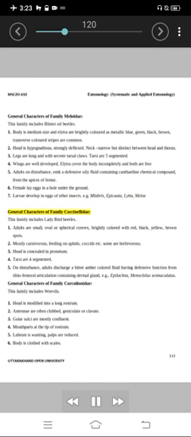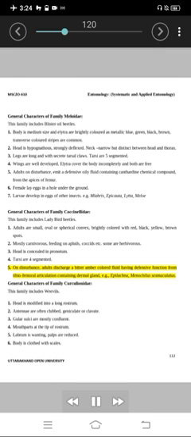General characters of family Coccinellidae. This family includes lady bird beetles. 1. Adults are small, oval or spherical, convex, brightly colored with red, black, yellow, brown spots. 2. Mostly carnivorous, feeding on aphids, coccids etc. Some are herbivorous. 3. Head is concealed in pronotum. 4. Tarsi are 4 segmented. 5. On disturbance, adults discharge a bitter amber-colored fluid having defensive function from tibio-femoral articulation containing dermal gland, e.g., Epilachna,